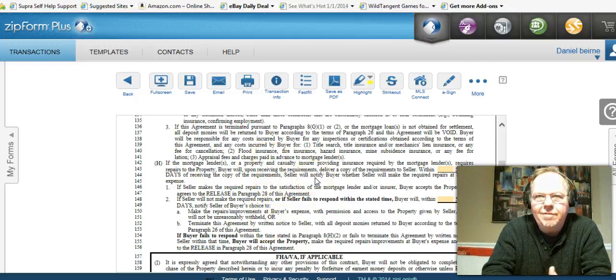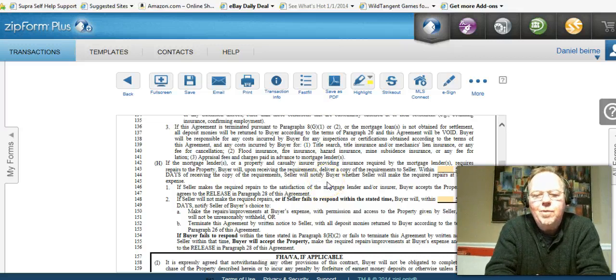For example, property may be in a floodplain, so it may require homeowners insurance. Then the buyer may also be in that situation where the buyer can terminate the contract, and all these different things will follow, in which case the buyer will probably get their deposit money back. The seller may or may not be responsible for any cancellation fees or title insurance fees. Those things rarely happen, so it's not too big of an issue, but you should keep in mind